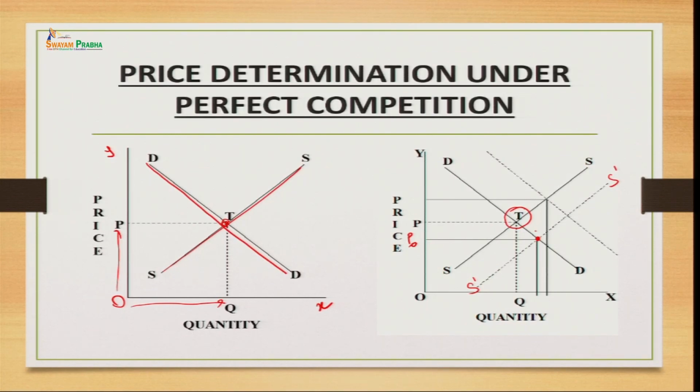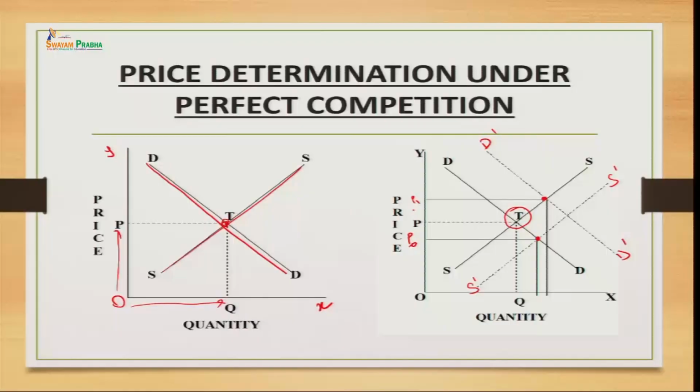Suppose for some reason demand increases. So, you can see that demand is shifting from D to this curve, which is shown here with the dotted line, keeping the same supply. When the demand increases you can see that the price will also increase. So, now the price will be OP1 in the market because of the shift in the demand and supply remains the same. So, this is how we try to understand the interaction between the demand and supply.